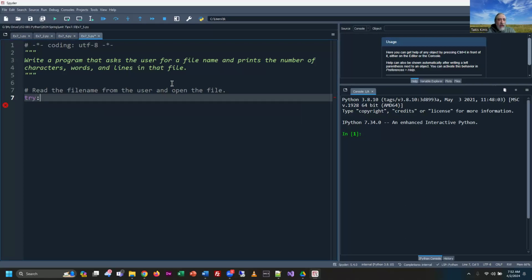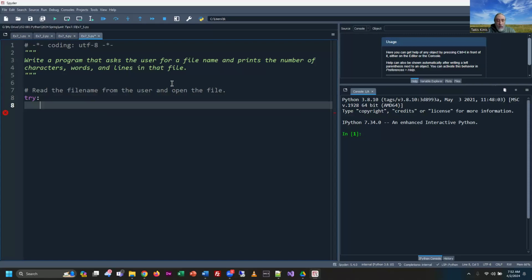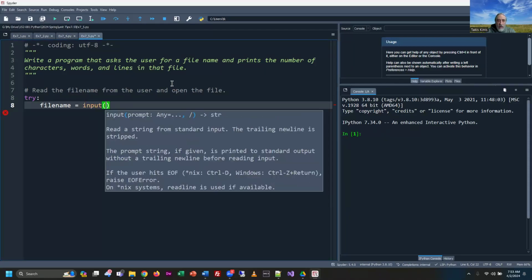So I'm going to say try, and then first we'll capture the file name because we're asking the user. So let's create a variable called file name. We'll use our input function, and then we'll prompt: Enter the input